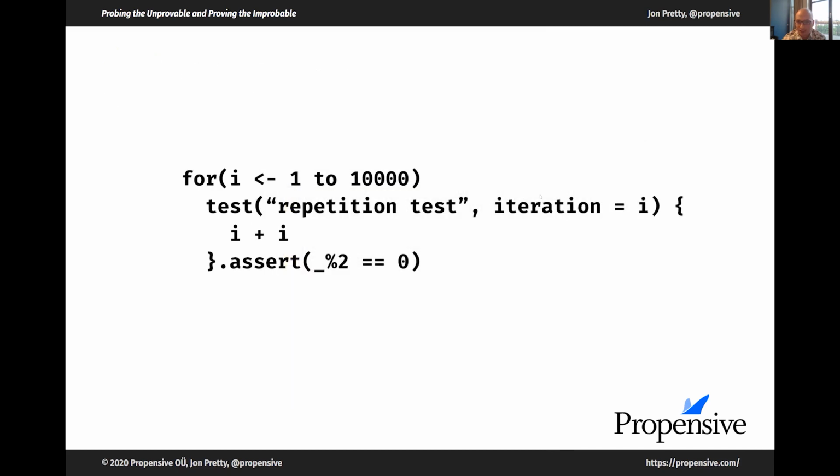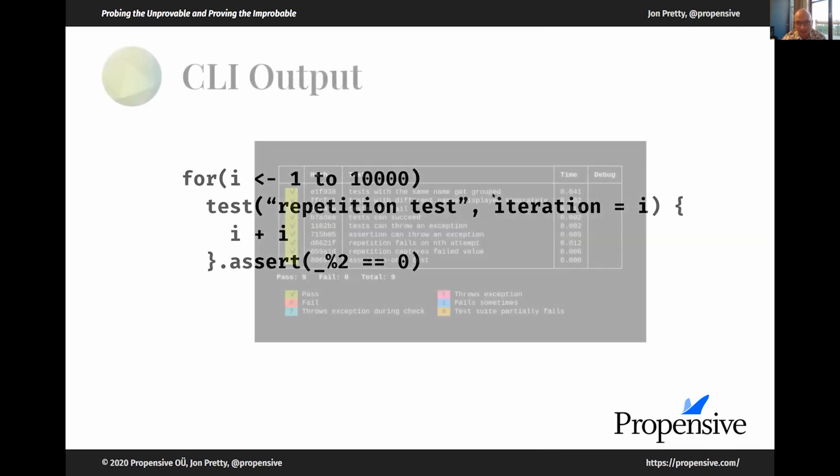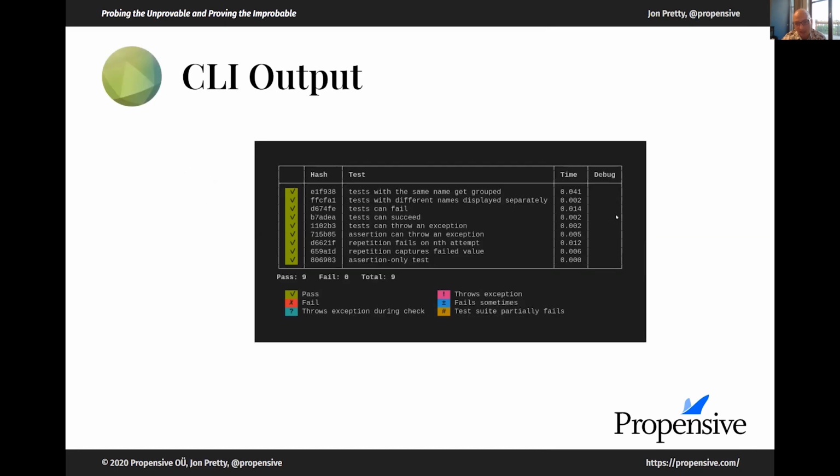This is using Scala's dynamic trait. So you can put any word you like in there to describe the parameter. This I here is a reference to the actual iteration. But if it fails, it'll say that it fails at iteration equals some number.